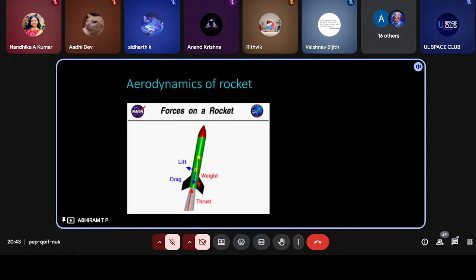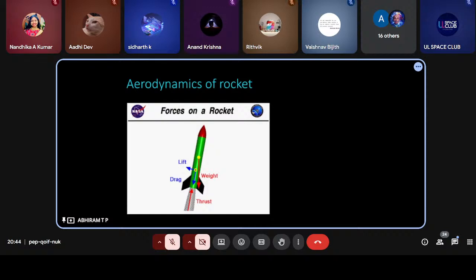If we consider the forces on a rocket, we can find all the forces found on the plane, right? But in a different manner. The main force is thrust. The thrust will push the rocket upward. This is created by the exhaust of the rocket from burning fuel, as Vaishnav has already mentioned in the session. The weight of the rocket will act through its center of gravity downwards. Also, the drag will push against the rocket's upward motion.